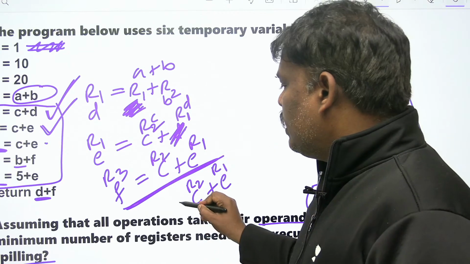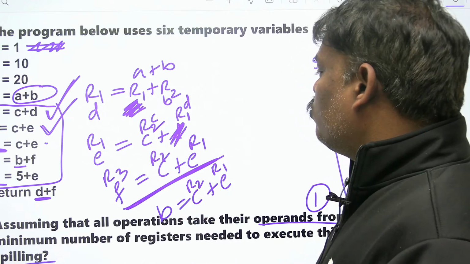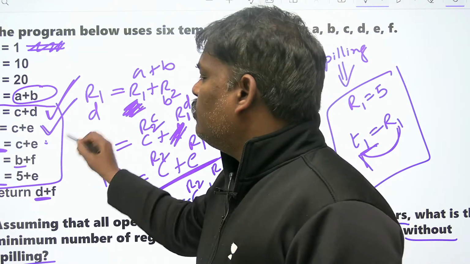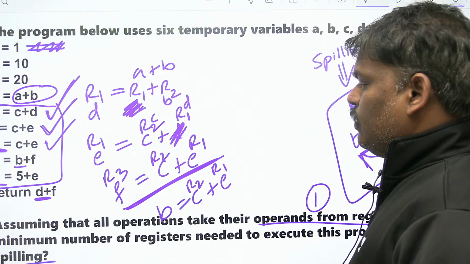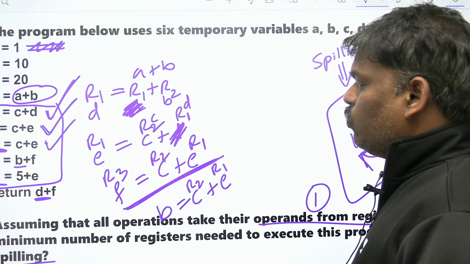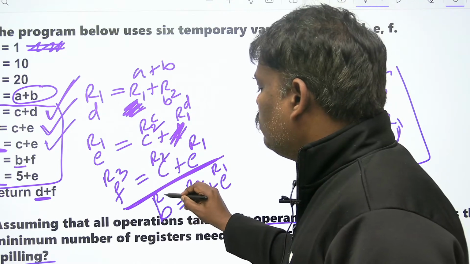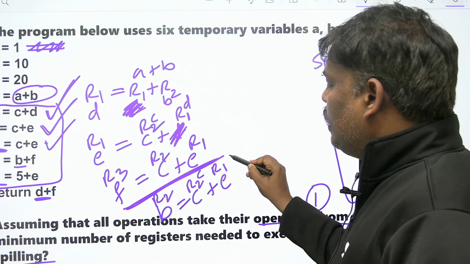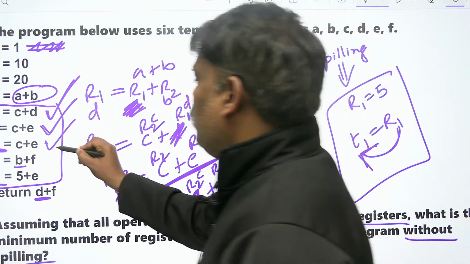What is the answer? B. B means which one can I use? Can I use C? C means R2. Can I use R2? Is C coming further? No. I think happily you can use R2. You can cancel this. The C and E, I cancelled C. So I can happily use this.